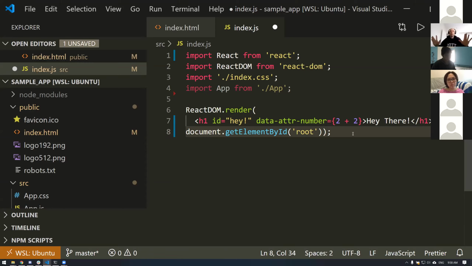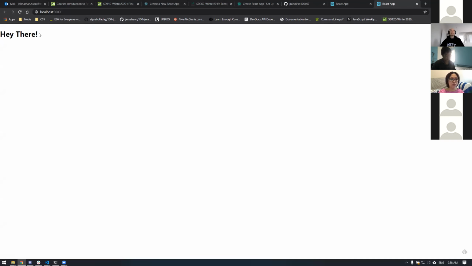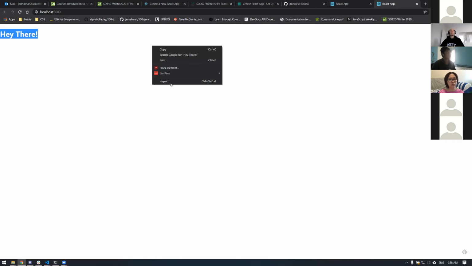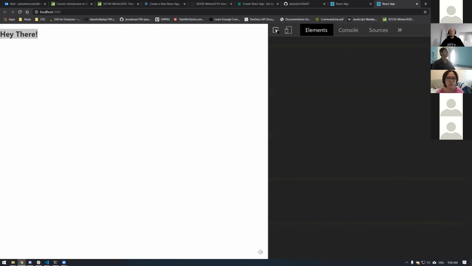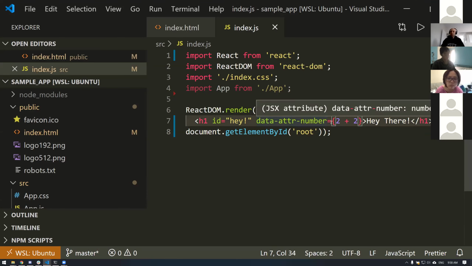JSX automatically knows that. Okay. So now we come back over here, save this file, come back over here, it'll automatically reload. Again, we get this. If we inspect it, we will see it has a data attribute 4. Now you'll see I didn't put quotes around this